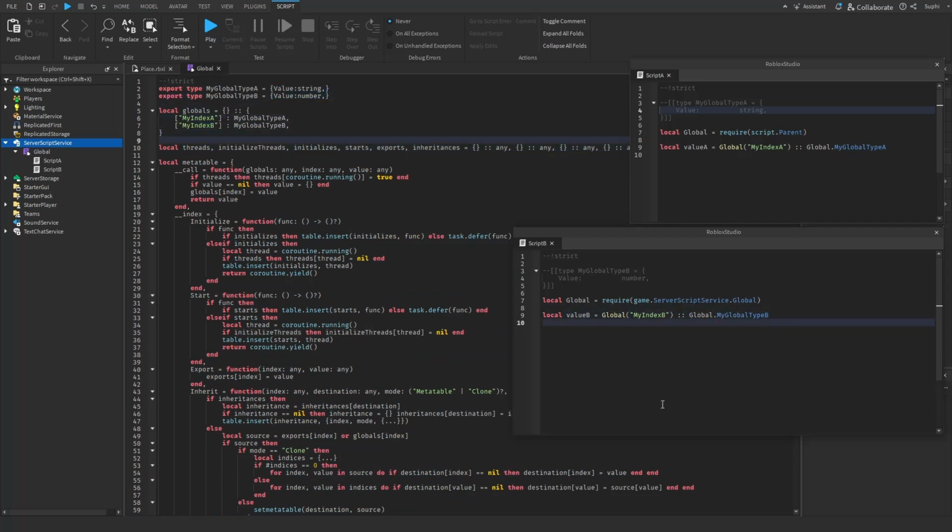If we now add these values into these values. So I'm going to say value b dot value, which needs to be a number, equals 1, 2, 3, 4. And over here, I'm going to say value a dot value, which needs to be a string, equals a, b, c. And now what I'm going to do is say print global dot,